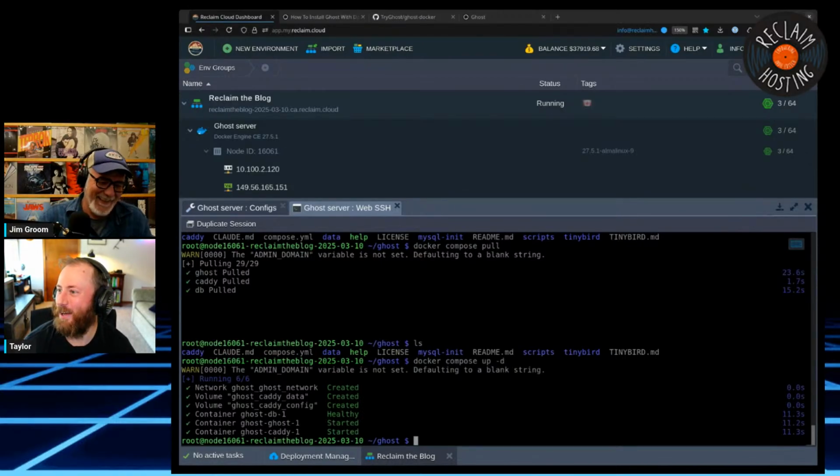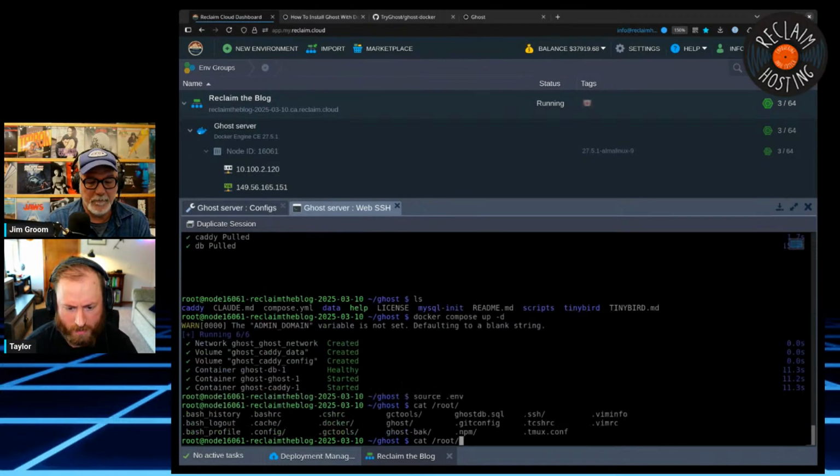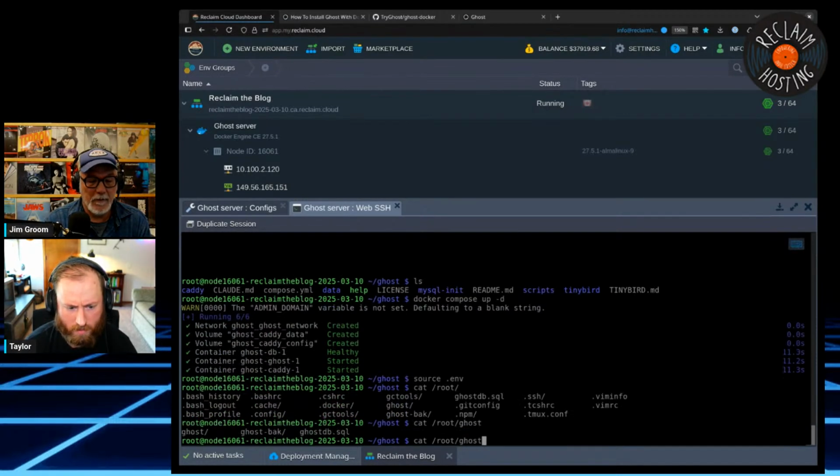So again, we can source the env file for the new site. That way I don't have to show database credentials on screen. And we can similarly restore the new database. So we're going to be grabbing the ghostdb.sql, and we're going to be piping that into Docker Compose.